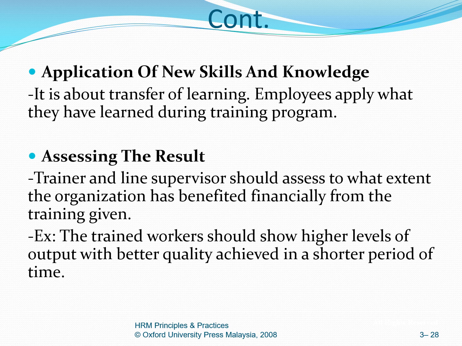Okay. So, yang ini dia akan tengok based on apa you? Biasanya company, dia akan tengok 6 month punya performance. Dia punya jualan tadi naik ke turun. Itu assessing the result. So, kalau katalah performance bagus, it will show in your profit. So, trained worker should show higher level of output. Output ni maksudnya yang dibuat tadi lah performance tadi. Better quality achievement in a shorter period of time.